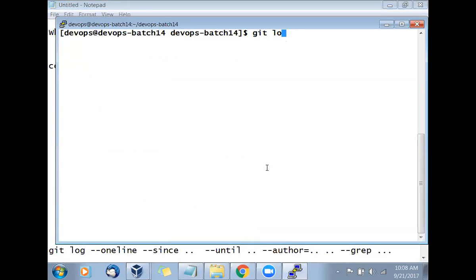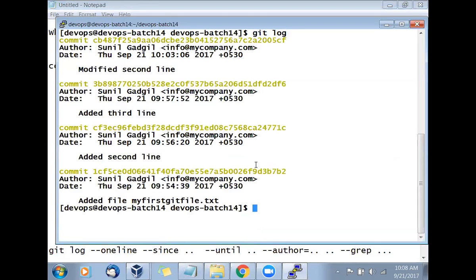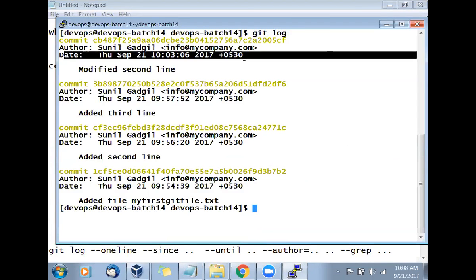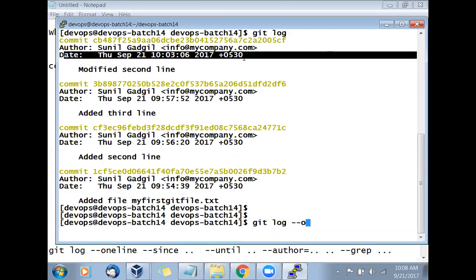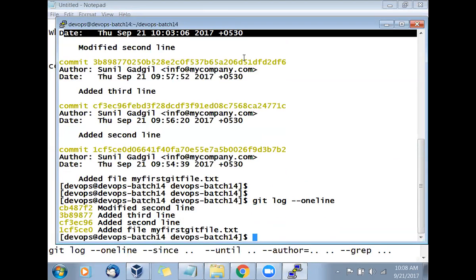Okay, now if I say git log simply, what is happening? It is giving me the author information. It is giving me the date and timestamp when we created and updated. All the details it is giving me. But I don't want all the details. I want a short form. So I will say git log --oneline. You see that now it has shifted, and it has given the first 5 or 7 characters and the commit logs, whatever I have committed, right?